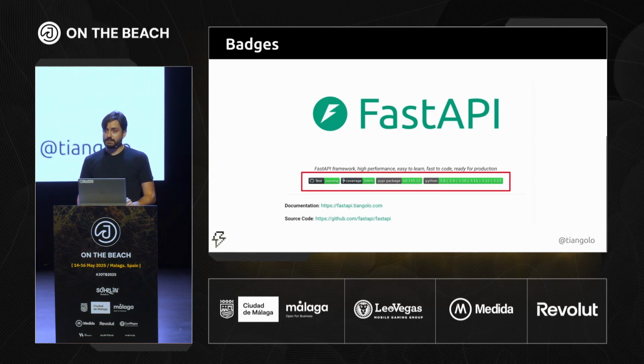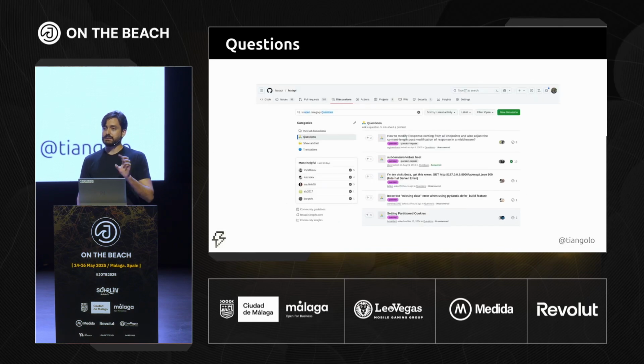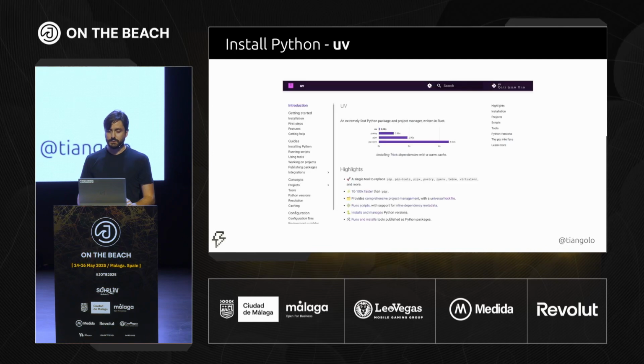So in the FastAPI docs, there's a bunch of badges. We're going to build the API for one of these little badges. In the FastAPI docs, there's a section about the questions that people ask, and people ask so many questions. I would like to have a badge to say how many questions have been answered of the total questions, so that we can optimize that. So we're going to talk to the GitHub API to get that information and then expose that in an API. This is what we are going to do.